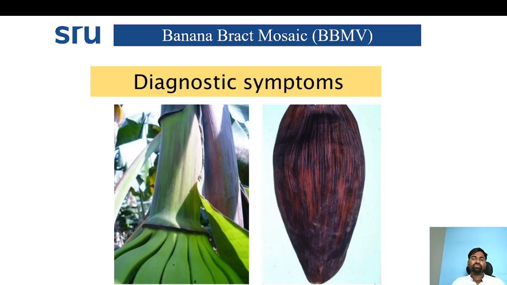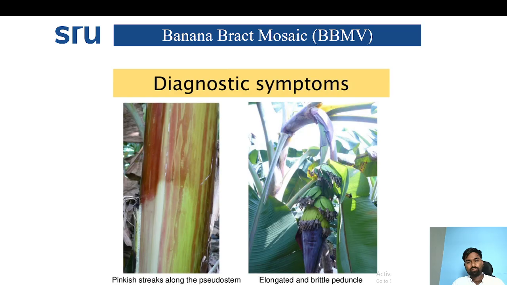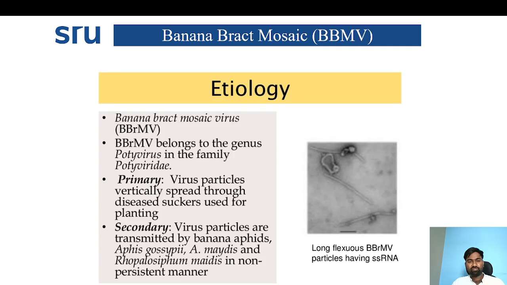Coming to the diagnostic symptoms, you can see streaks on the bunch stalk, pinkish streak development on the inflorescence and on the pseudostem, and an elongated and brittle peduncle with a traveler's palm appearance. So coming to etiology of banana bract mosaic virus, the primary infection takes place through viral particles,